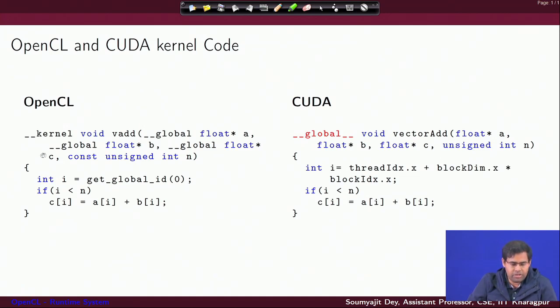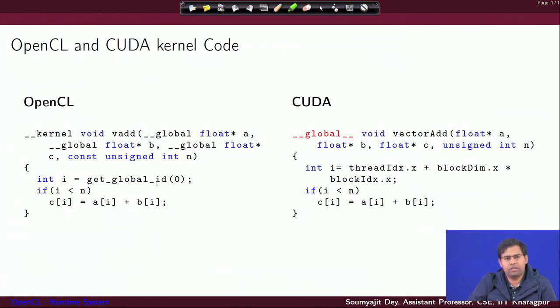But look at the way i is computed. You simply have a call to a function called get_global_id. It provides you the global ID value for this thread, the corresponding OpenCL work item, and the work item will execute this addition for this specific value of i. So, that is one good aspect here. You need not write this line time and again; rather you just figure out the global ID using this kind of function.